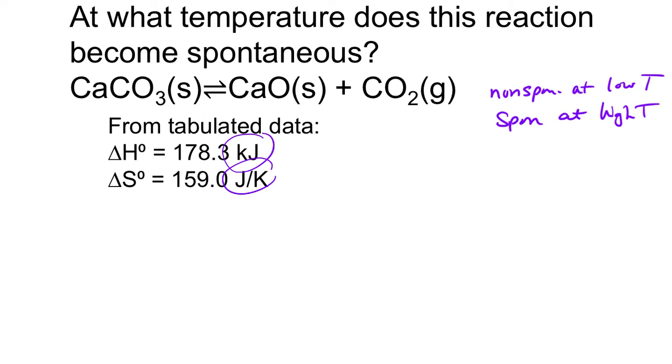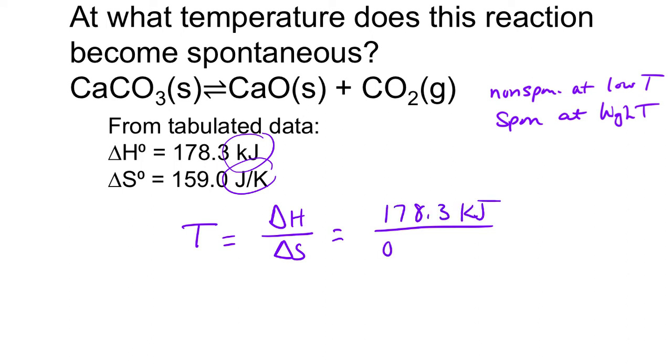Okay. So in order to solve this, we basically rearrange our delta G equals delta H minus T delta S and get temperature equals delta H over delta S. Make sure our units are the same. This time it looks like I've switched the units of joules per Kelvin on the entropy to kilojoules. Doesn't matter which way you do this. We're going to have 178.3 kilojoules divided by 0.1590 kilojoules per Kelvin, and we end up with